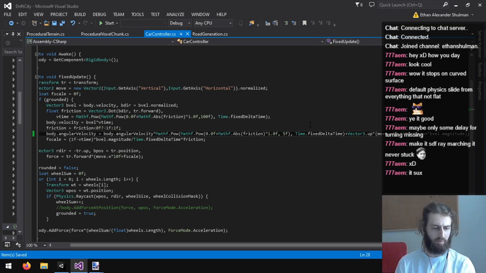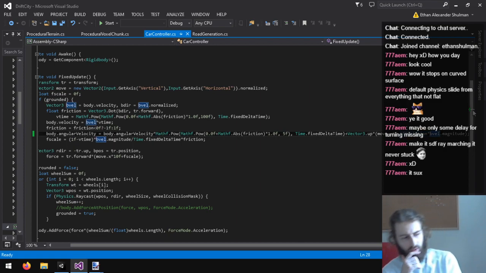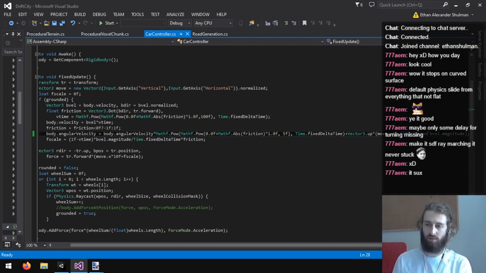Need to think of a better way of doing this. Maybe ramping up angular velocity if it isn't equal to where we're trying to turn. I'm just trying to think why this never ends up pushing it forward. I guess V-vel magnitude isn't big enough to push it higher than the friction scales it down each frame. Huh.